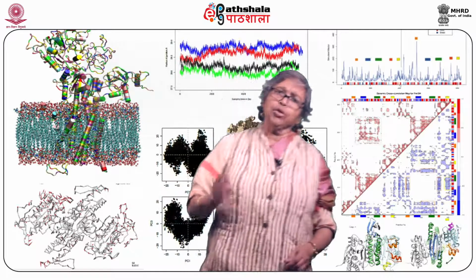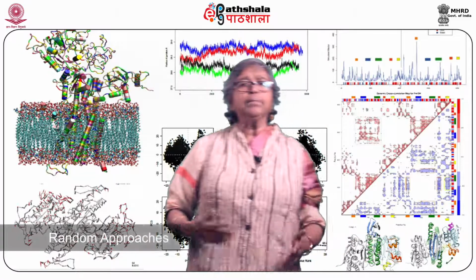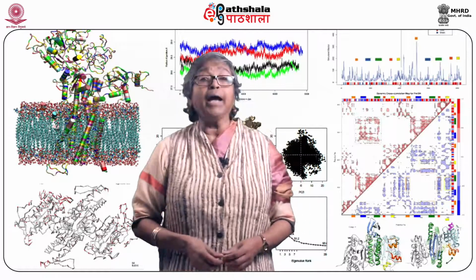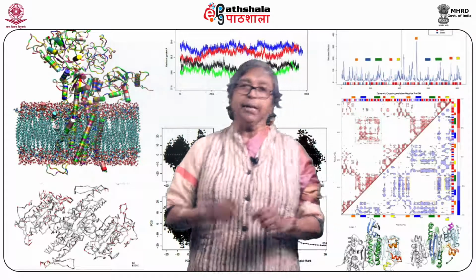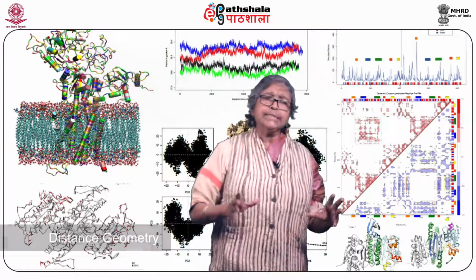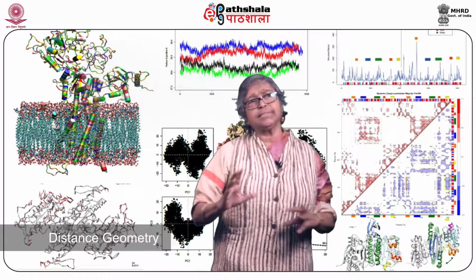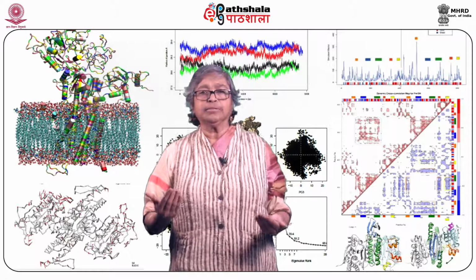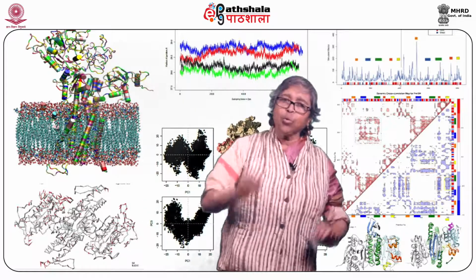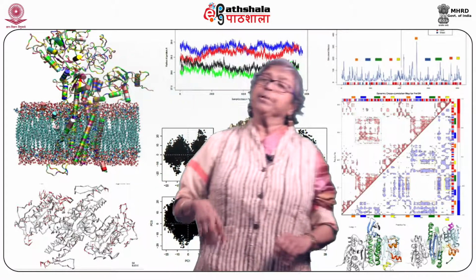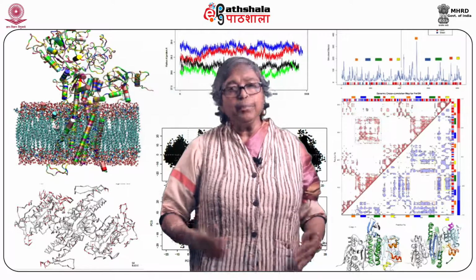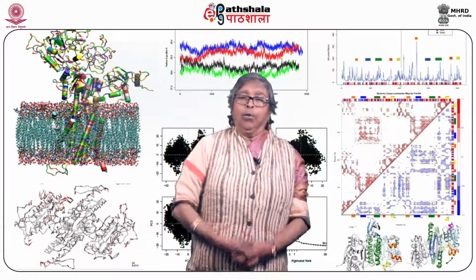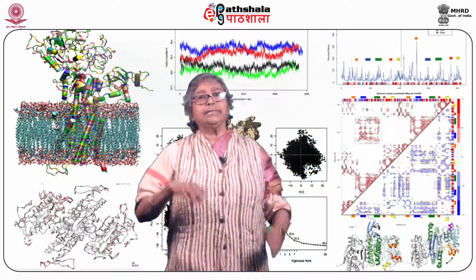Third method is just Monte Carlo simulation. Pick up randomly and approach this method. Fourth method, which has been applied by Crippen's group quite aptly, is to find the distances between each atom and restrict them to a certain extent, and optimize with respect to distances, not with respect to their internal coordinates. Another method is to use the flexibility of these molecules in simulation methods. I will take one example of each and tell you what happens.